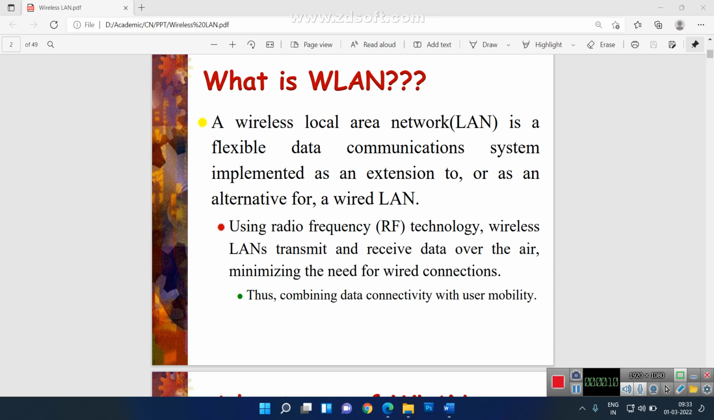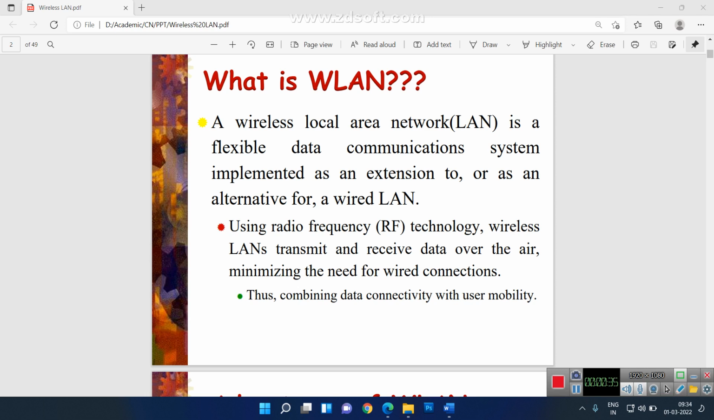Today we are going to discuss wireless LAN. So what is wireless LAN? Wireless LAN is a wireless local area network. It is a flexible data communication system for transferring data between source and destination through the air medium. Using radio frequency as a medium in the air, we transfer the data from a transmitter